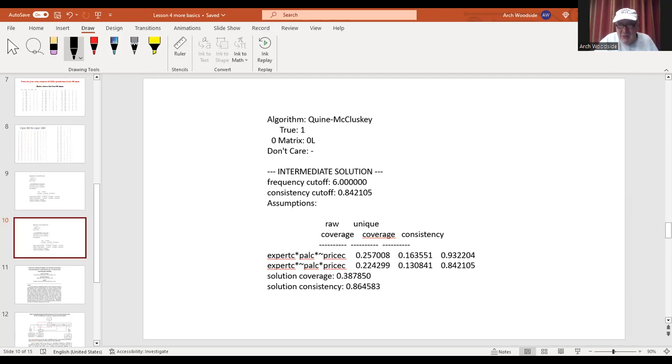All right, so that would be a type of analysis. But look, there's something else we can do too, and that is we can actually do the analysis. We don't have to do it by hand. The computer will do it for us. So if we close this, go to analysis now, and this is the heart of the analysis, the heart of the use of fsQCA in some ways. We click on fuzzy truth table,